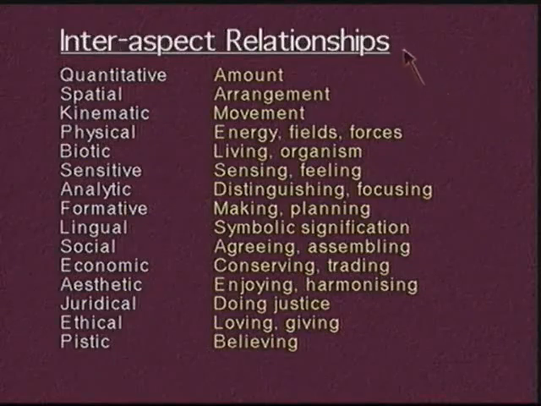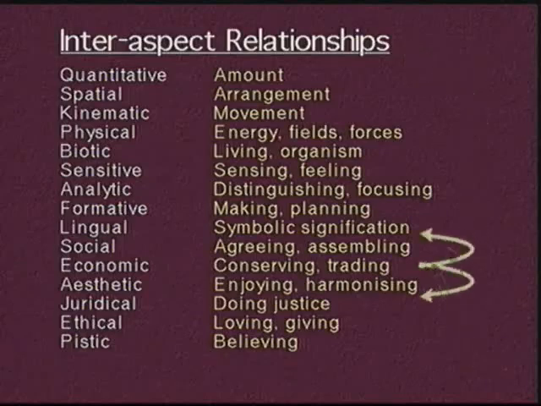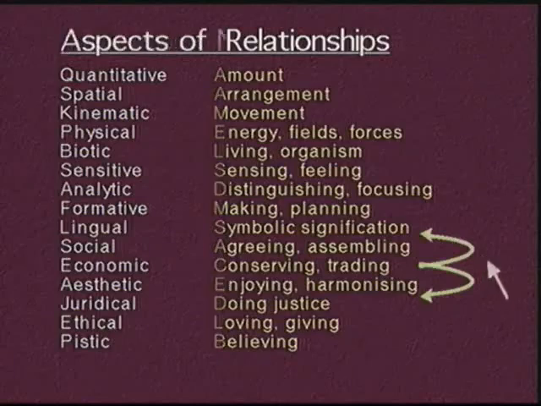And they relate to each other. They are irreducibly distinct, and yet there are fundamental relationships among all the aspects. So, for example, we trade. If we trade, we agree on a price, and we speak to one another to agree the price. But also, we are functioning in the juridical aspect. Is it a just price or an unjust price? And similarly for all the other aspects. Now, this is going to help us, I believe, understand the North-South divide.